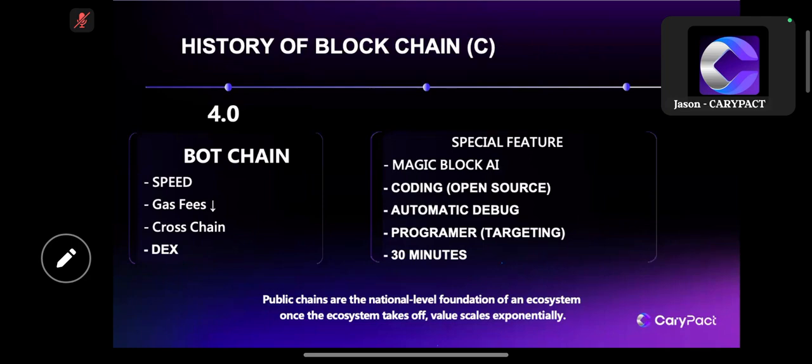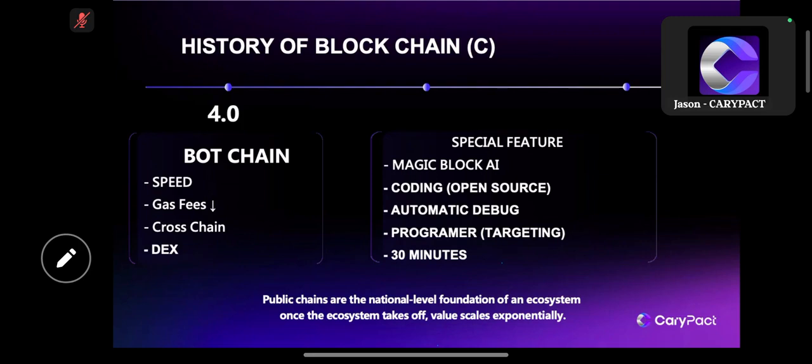All right. So first thing is the Magic Block AI. This is just a talking term of magic that I'm using so that it's easy for people to understand. We will have the full PPT presentation, which will be given to the leaders. You can get it from your leaders. My PPT right now is a simplified version so that it's easy for the people joining the Zoom to understand, and easy for them to take lead from there. If you want more detail on the BOT chain, on the CaryPact and the details, all this presentation will be given to you from your leaders. You can have the full PPT from there.